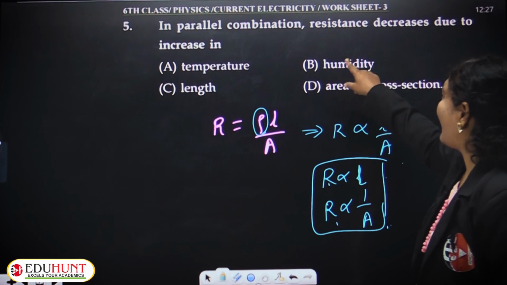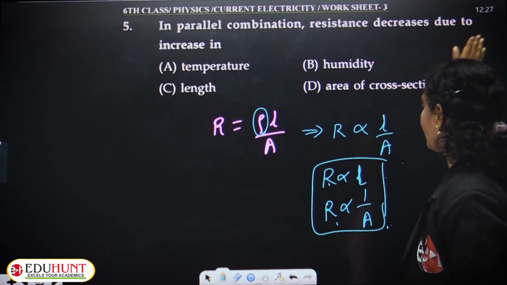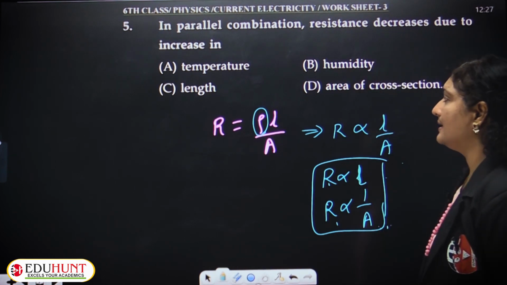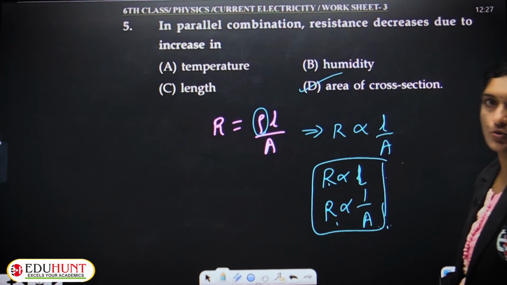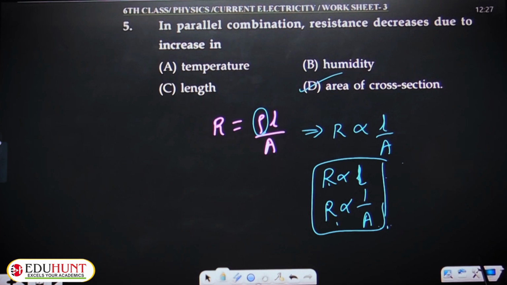In parallel combination, resistance decreases due to the increase in area of cross section. Hence, option D must be true. Okay. So, well,